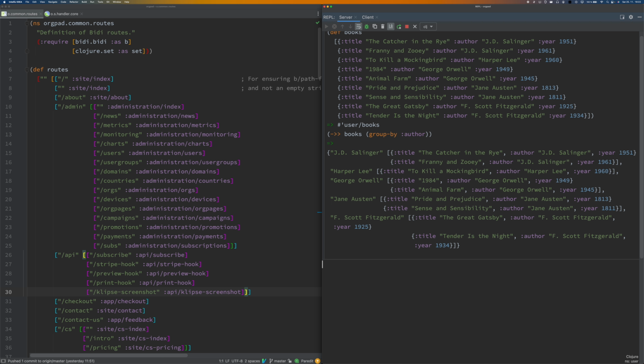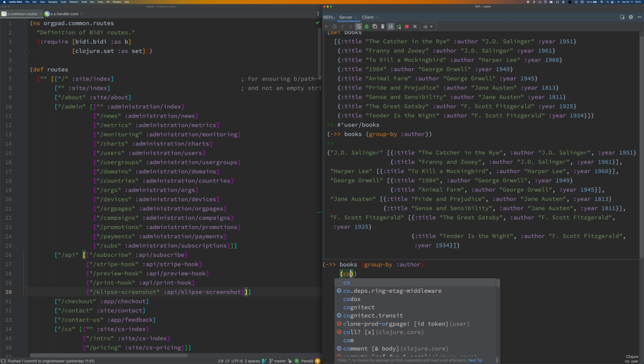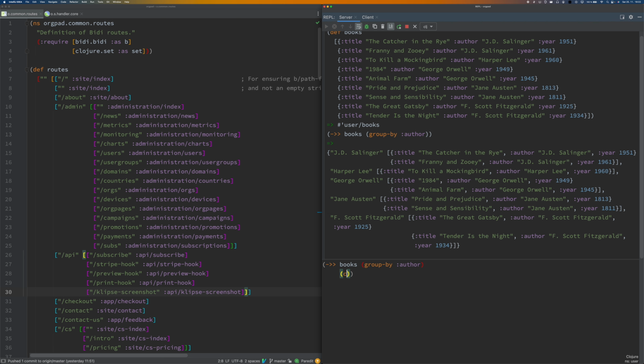Suppose that I want to remove the redundant information, so I can do map, and the function will take a key and a value. And the value, I can destructure here, so I can say keys title year, and I can output a new pair: key and title.